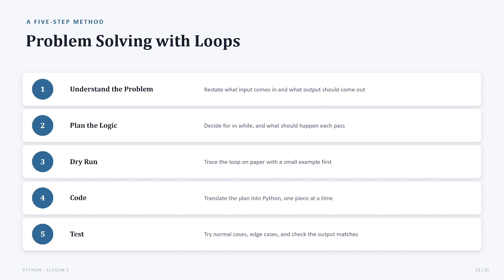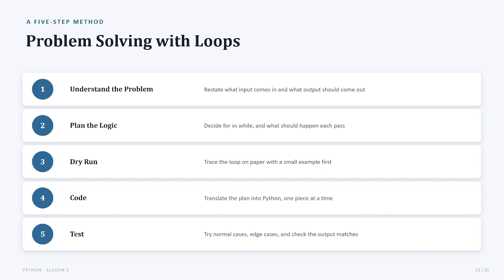Step 4. Think about the logic. Now we think about how to solve it. We need to go through numbers one by one. That immediately suggests we can use a for loop with the range function. Step 5 is write the logic. Before writing Python, we can write our logic like this: